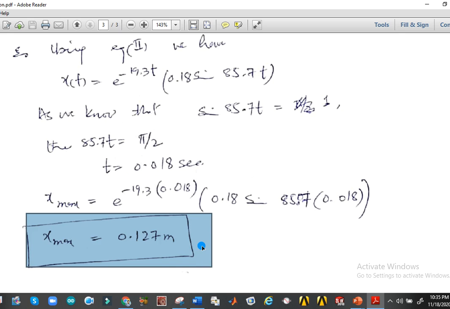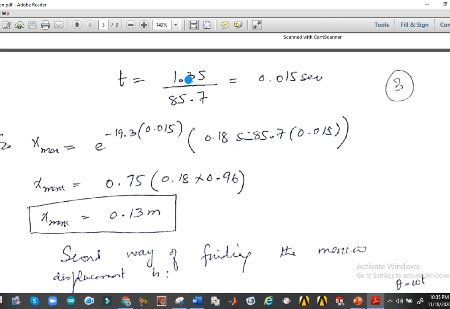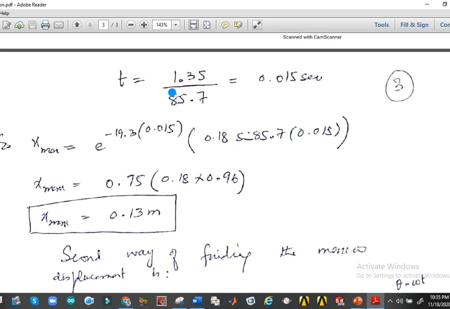So these are two suggested methods. One method is to take the derivative of the amplitude response and put velocity equal to 0. For the maximum displacement you will find the time and put that time into the displacement equation to find the maximum displacement. Another way is to put the sinusoidal function in its maximized form. For example, this function should equal 1. Putting this function equal to 1 and taking sine inverse of 1, it will be pi by 2, and then resolving the equation we can get the value of time, and putting the value of time in the main amplitude response equation, you will have the maximum amplitude.